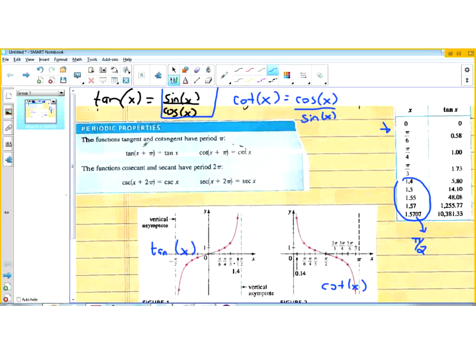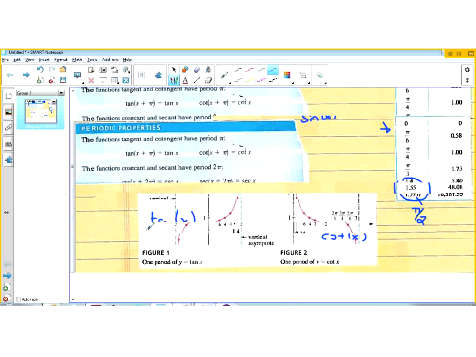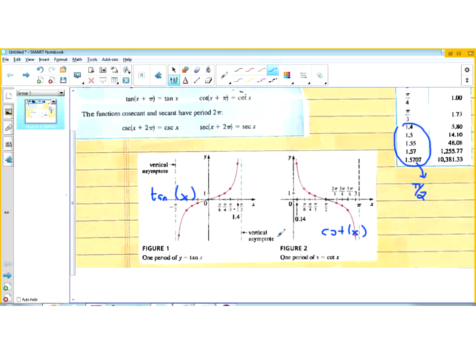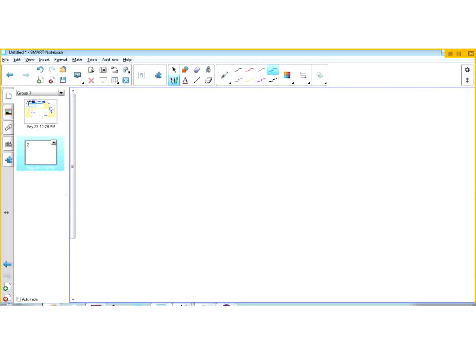Now, these functions are periodic, as you can see with pi, so we'll discuss shortly how we could graph these functions over several periods. Yeah, so one period of tan x, one period of cotangent x. All right, so let's see, we can talk about the other two, cosecant and secant function, and they're real easy to graph as well. Probably the easier, just requires a little bit of work, but let me paste the picture in for the